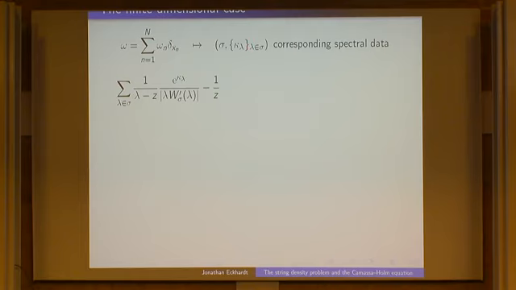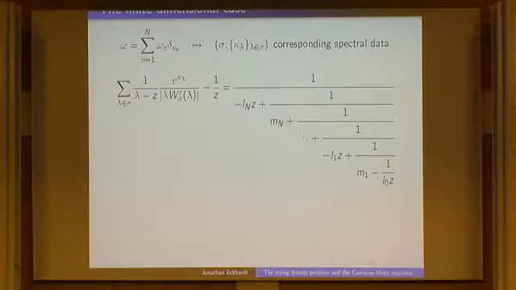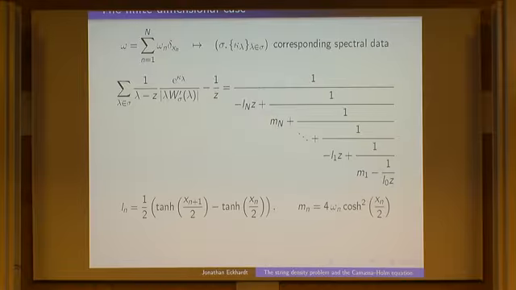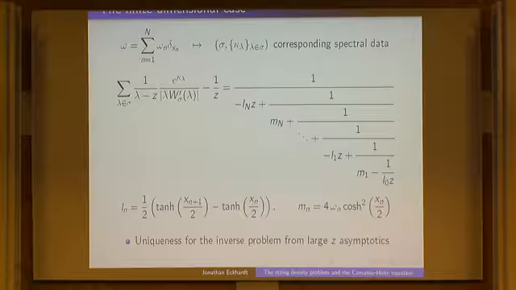Then it was Mark Rainer who realized that you are actually able to expand this function into a continued fraction, where the coefficients of this continued fraction are very simply related to your weight up here. So you get two representations of the same function: one in terms of the spectral data, and one in terms of your weight omega. This allows you to solve the spectral problem in the finite dimensional case. First of all, you get uniqueness, because you can read off all these coefficients from the large asymptotics of this function.